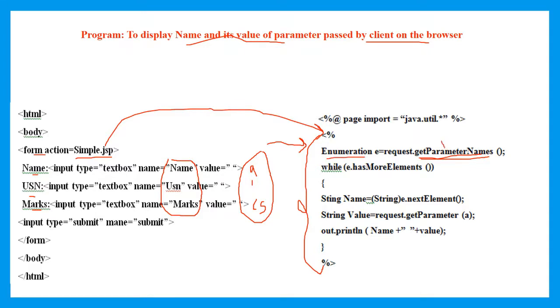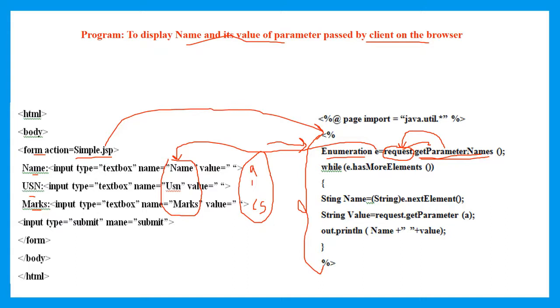So the default object of the HttpServletRequest interface, that is request, with that I am going to call the getParameter method. Here the request is a default object. Now Enumeration e is an object of the Enumeration class which is pointing to the names of the fields. Now the enumeration has one method, that is hasMoreElements.